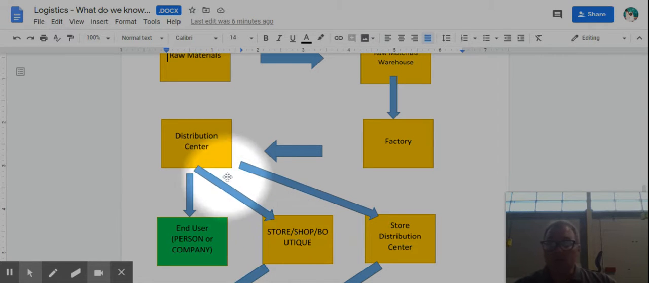So, Remke, they might send it directly from the distribution center to the store. Okay. But if we're talking about a larger company, such as a Walmart, such as a Sam's Club, such as a Kroger, they will oftentimes have very large distribution centers and then send it to smaller regional distribution centers,